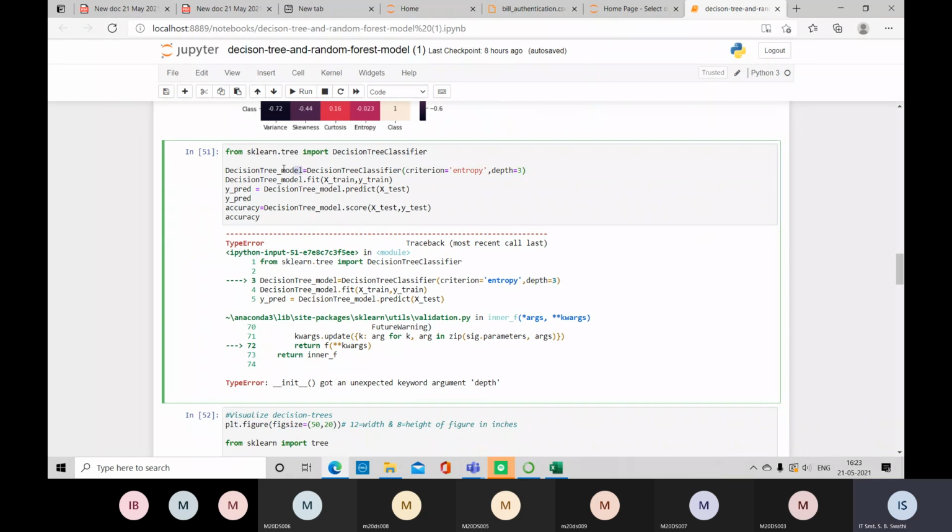Now take a variable here on the left side. That variable is initialized with this decision tree classifier, and the criterion which we are using is the entropy method to generate the roots at each and every branch of the tree. And max depth is 3, we are fixing the depth. If you don't fix the depth, it will take whatever depth is possible, randomly.